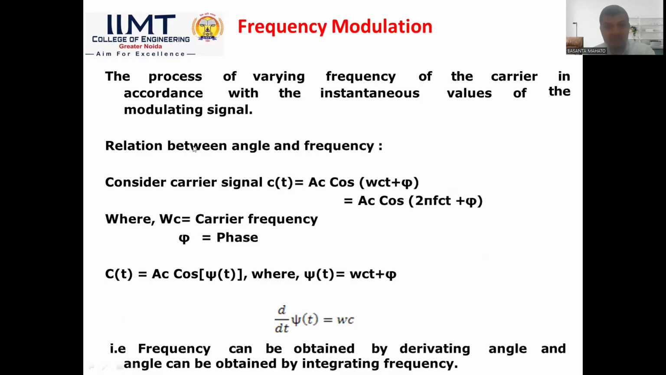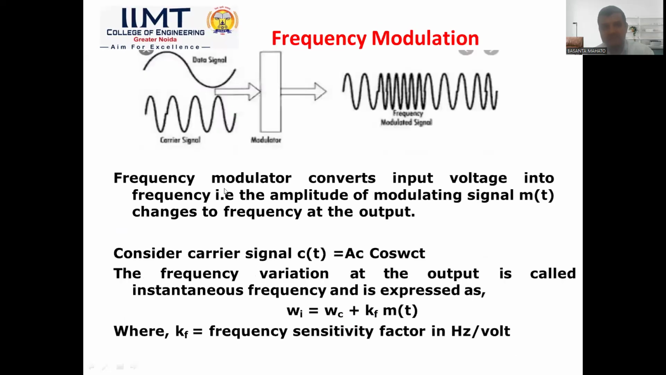In frequency modulation, the carrier frequency varies according to the instantaneous value of the modulating signal. So the relation between angle and frequency is this. Frequency modulation converts input voltage into frequency. That is, the amplitude of the modulating signal changes to frequency at the output. You see, if the signal wave has a positive cycle and a negative cycle, the moment it changes to the negative cycle,